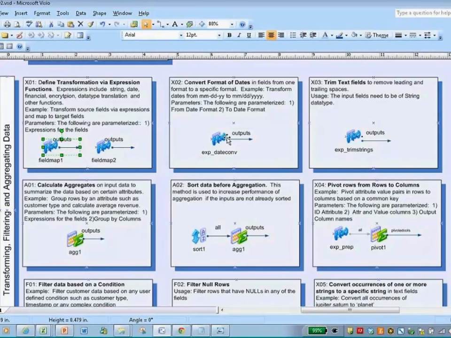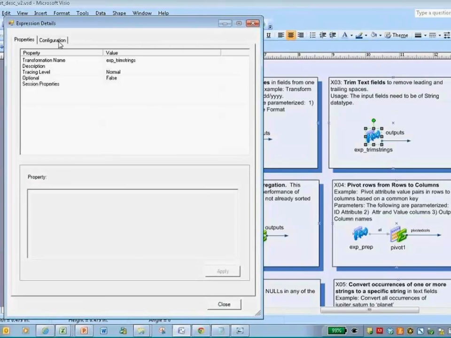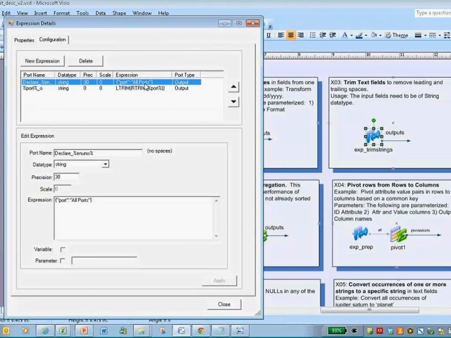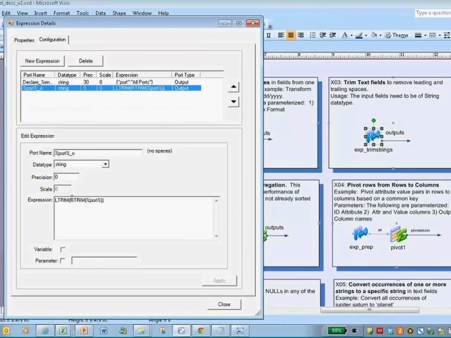So here are some other examples. Let's say you want to convert dates from one format to the other. This is pre-configured to do a lot of the date conversions. The trim strings is pre-configured to trim all the strings within your particular data. So let's take a look at what this might look like. This particular transformation has been encoded to do an L trim and R trim. So basically, it trims all the spaces, the leading and trailing spaces,